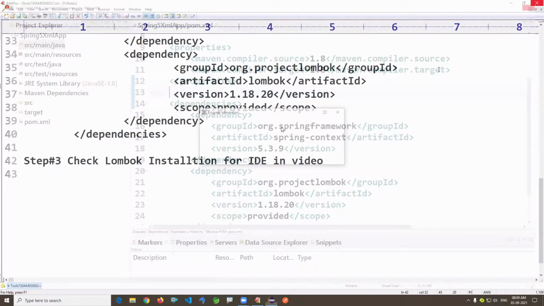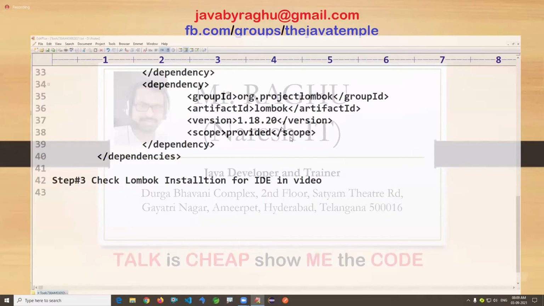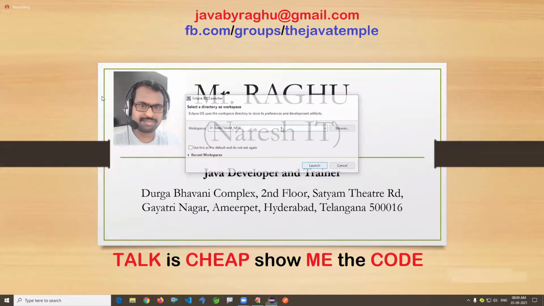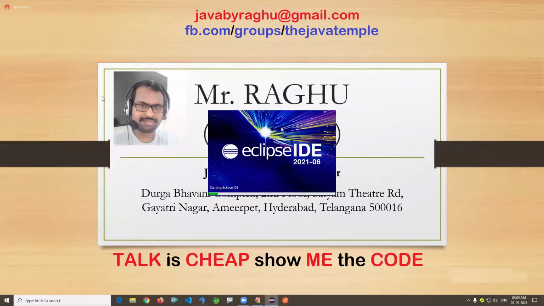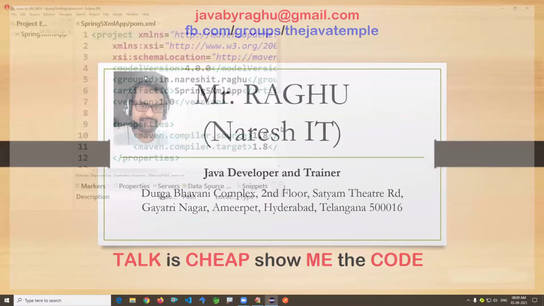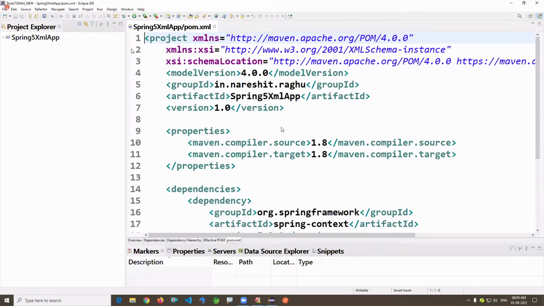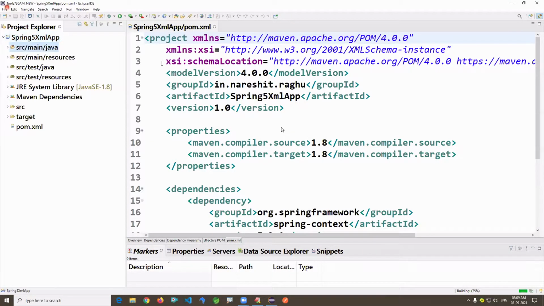Just wait for a second. Right click on src main java, new class. It's not giving the option.